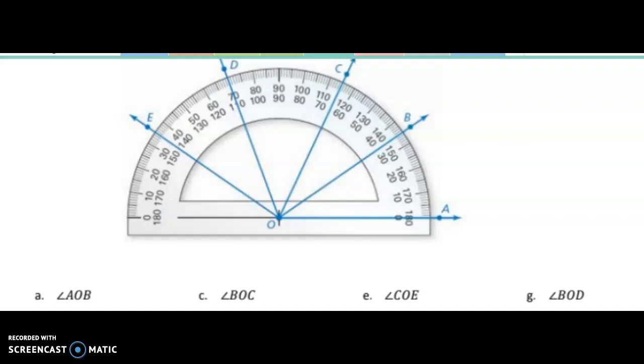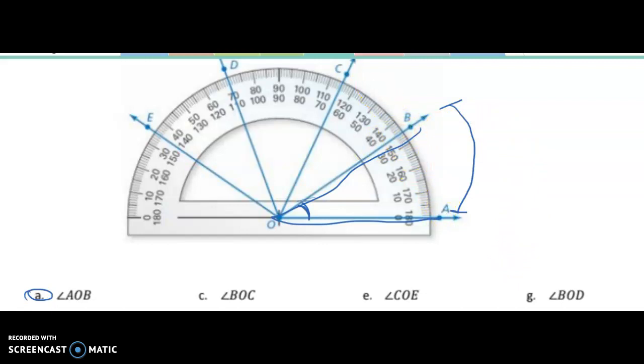All right, so let's look at the very first one. Let's look at A here. Now A, it says we need to find the angle of angle AOB. So if we look at angle AOB, here's A to O to B. So what we want to find is the measure of this angle here. Well, that is the same as this angle between A and B. So all we're going to do is look at the numbers that A crosses and B